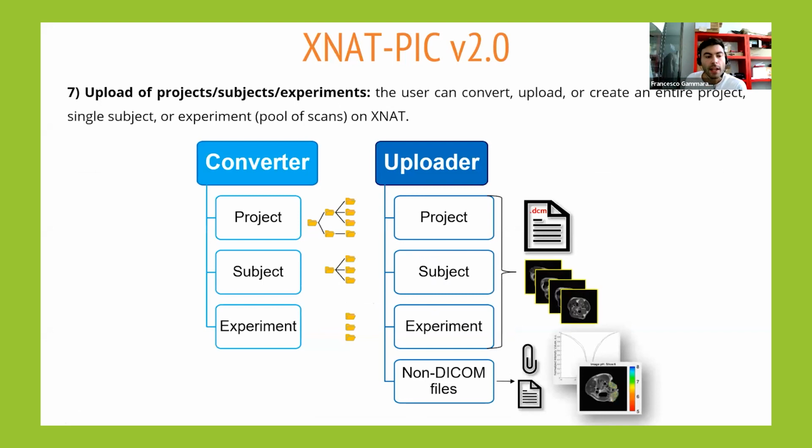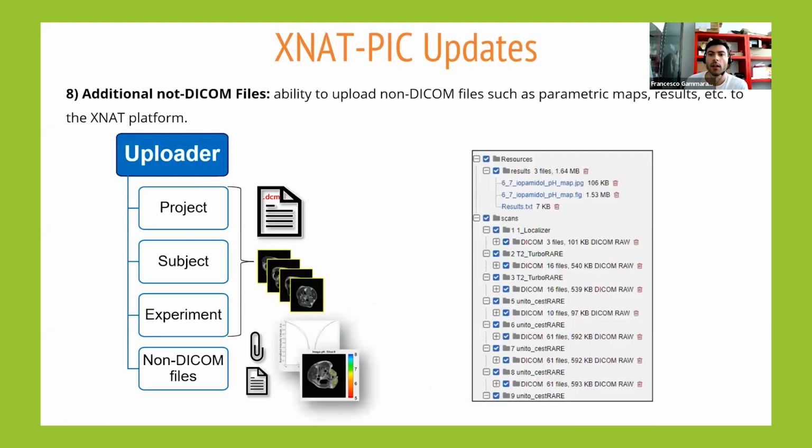And then the user has the possibility to upload the entire project, subject, and experiment to XNAT and also non-DICOM files. For example, you can have a folder that contains parametric maps, TXT files for your results, and you can upload to XNAT. The picture here on the right shows you this folder with the parametric map and the results